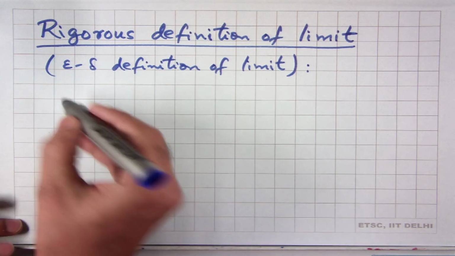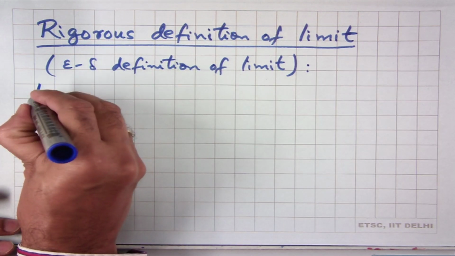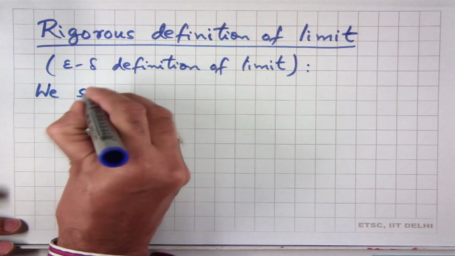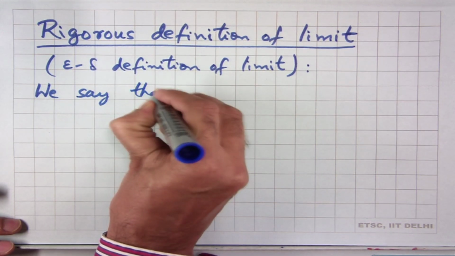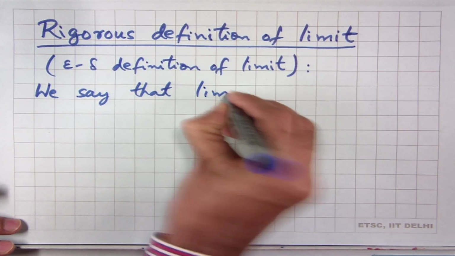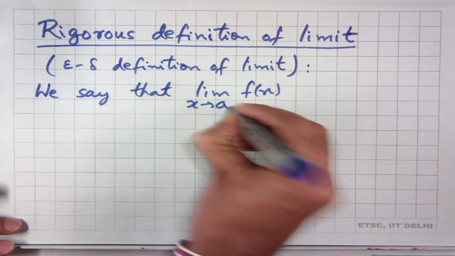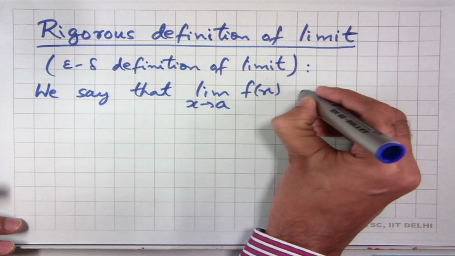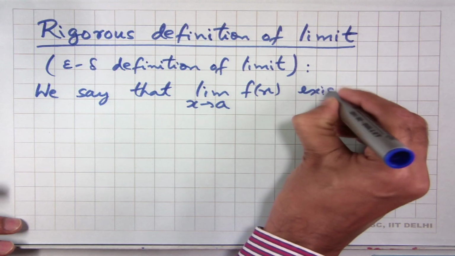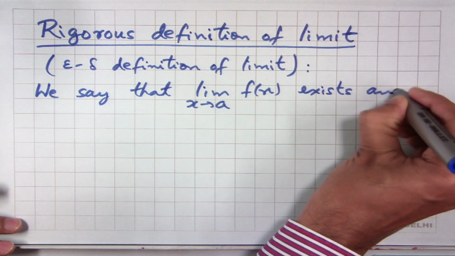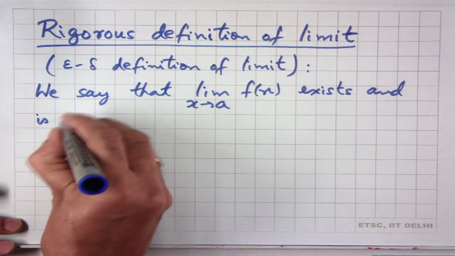So, the definition is, we say that the limit of f(x) as x tends to a exists and is equal to L